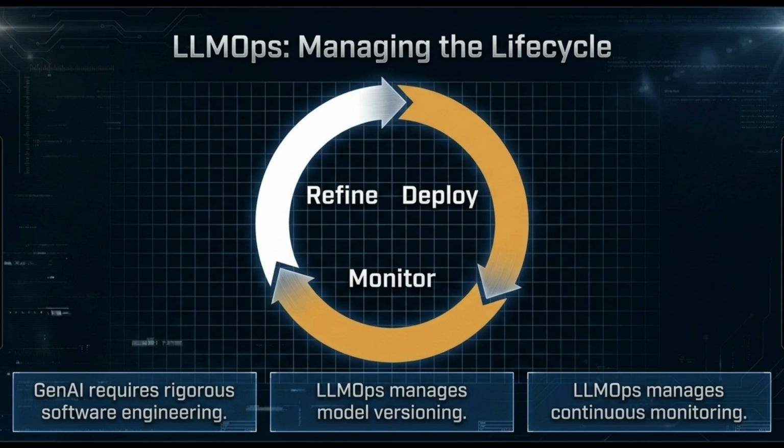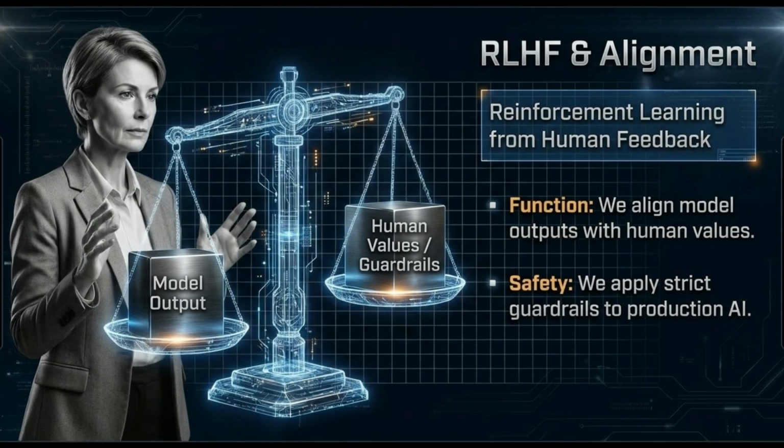It requires rigorous software engineering practices to handle model versioning, continuous monitoring, and the ongoing cycles of refining and deploying models in production. To ensure safety, we employ reinforcement learning from human feedback, or RLHF. This technique aligns model outputs with human values by applying strict guardrails, ensuring that the AI behaves appropriately within production